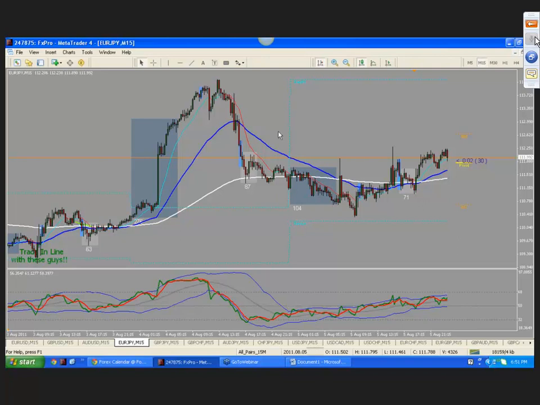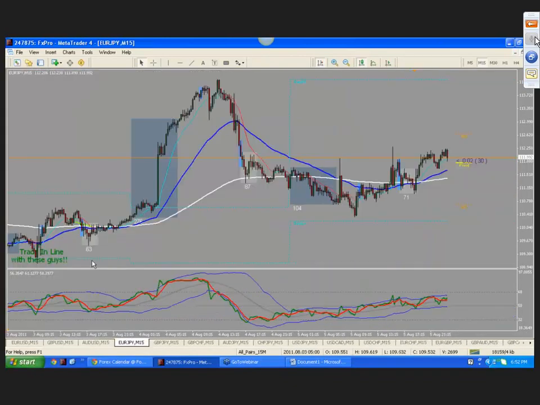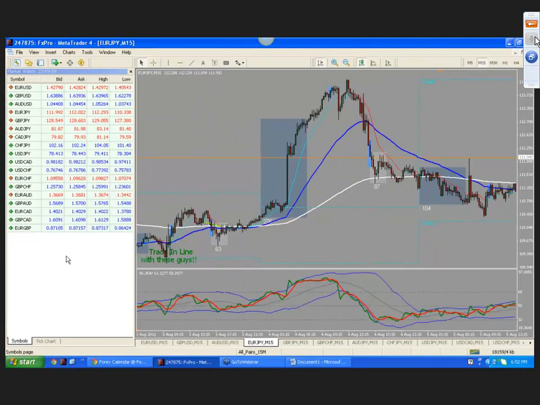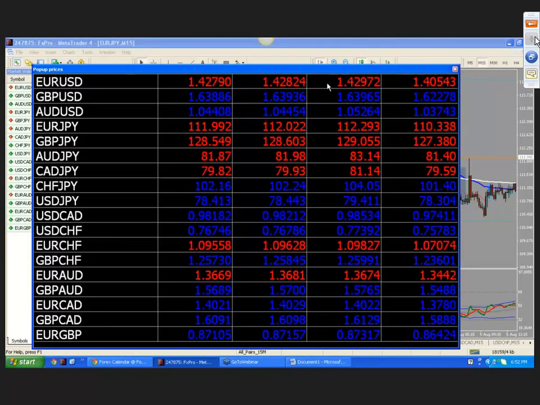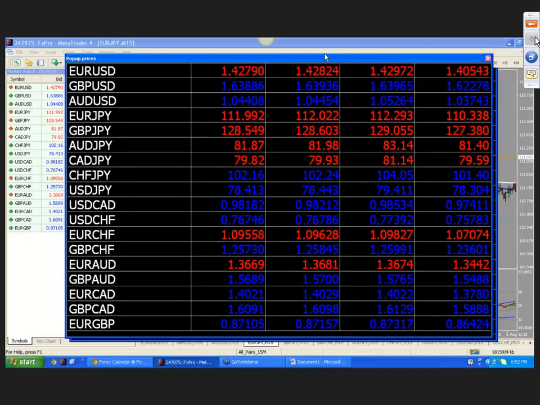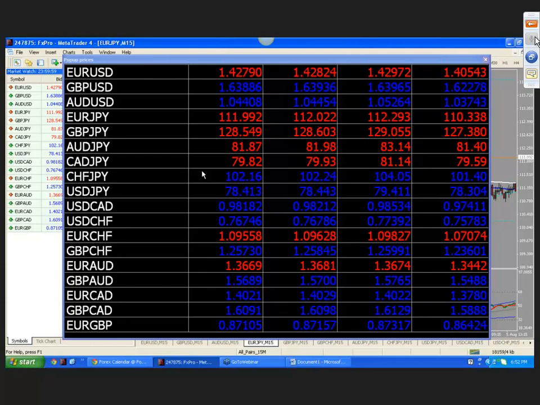The other thing to really learn that Steve went over is how he learned to trade, which was looking at the high-low board. So in MetaTrader, if you see this button here, pull up Market Watch, click on that button, and then watch it. Now, what I do is you can right-click here and say pop-up prices, or just hit F10. If you hit F10, it's going to pull up a pop-out window of all the pairs. And by the way, you can adjust the list if you just go to show symbols and set it to only have the pairs that you want to look at,